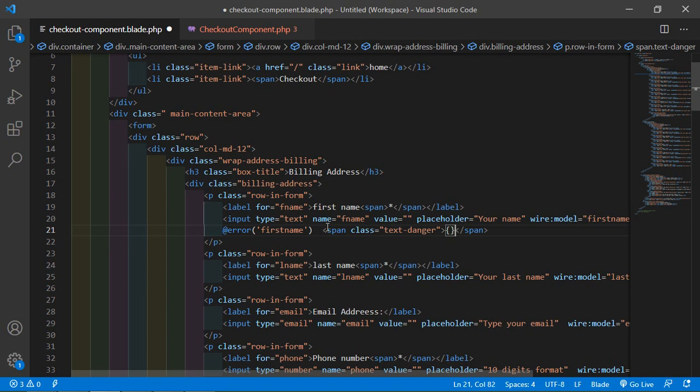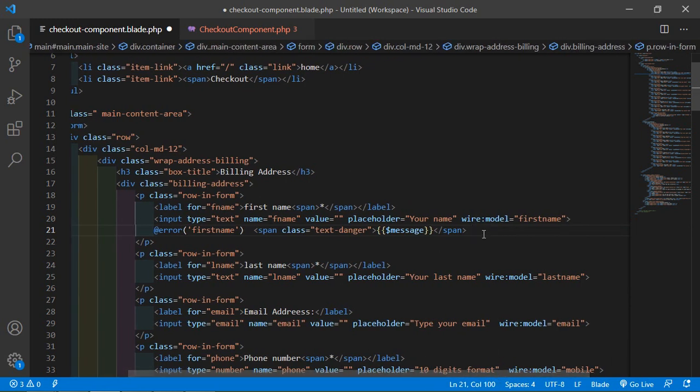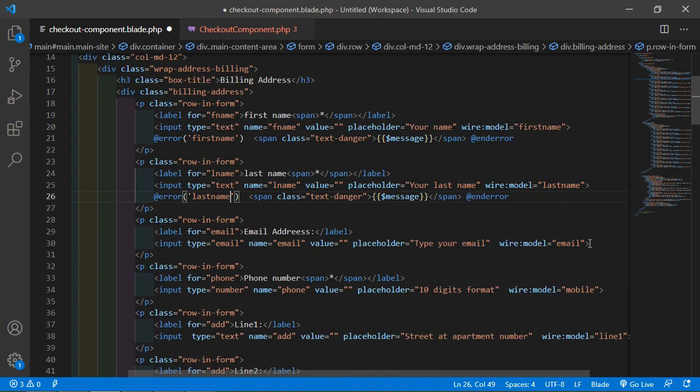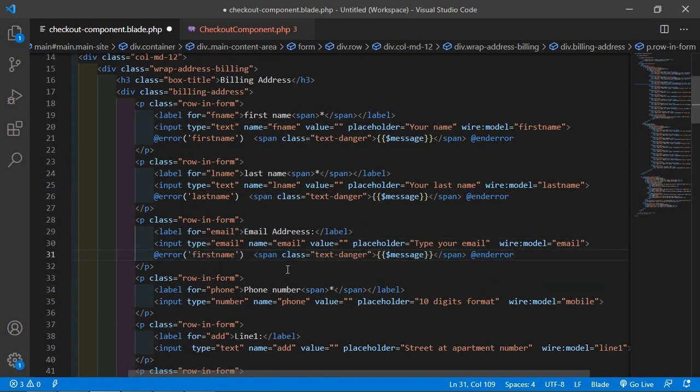Okay, and inside this just print here the message $message. Okay, validation message, and after this span tag just close here the error directive. So write here @enderror. Okay, and now let's copy this line and paste after this text field and change here the property name last_name, and for the email paste here property name email,